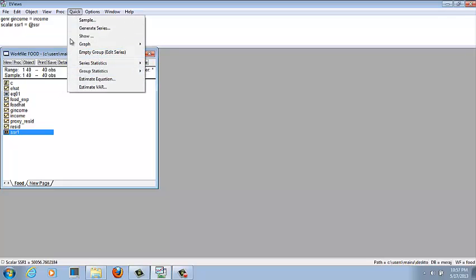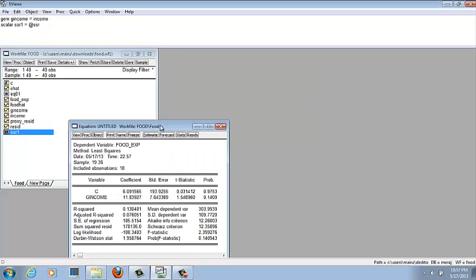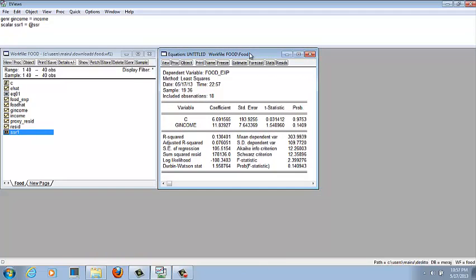So just go to quick estimate equation and once again write the same: food expenditure, intercept, income. This time we have to select the values from 19 to 36. Now press OK. So our second regression has been run here.